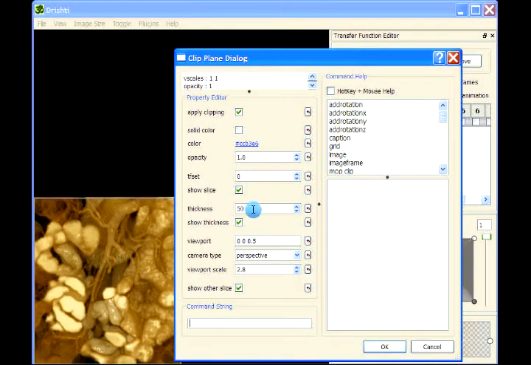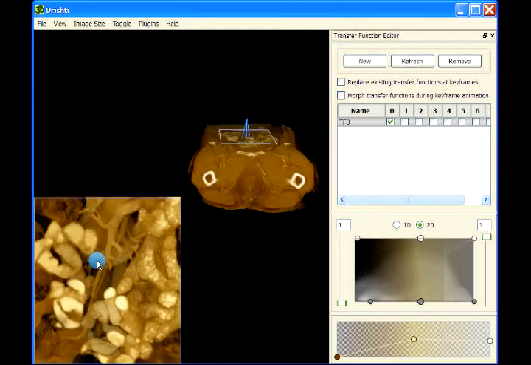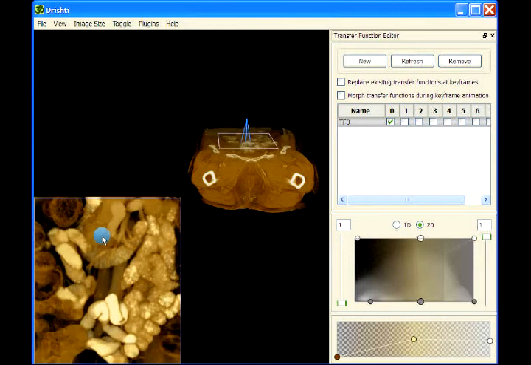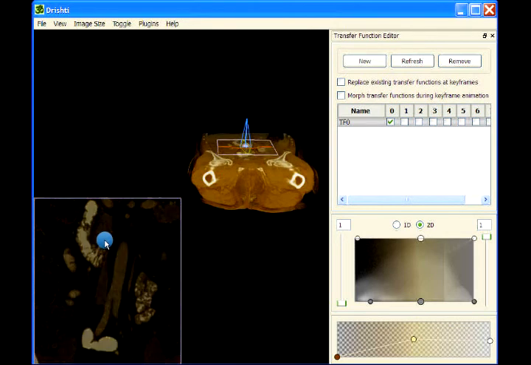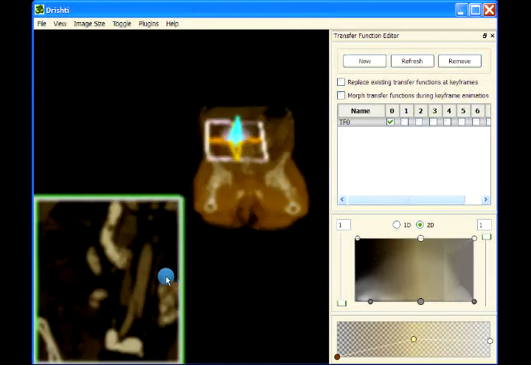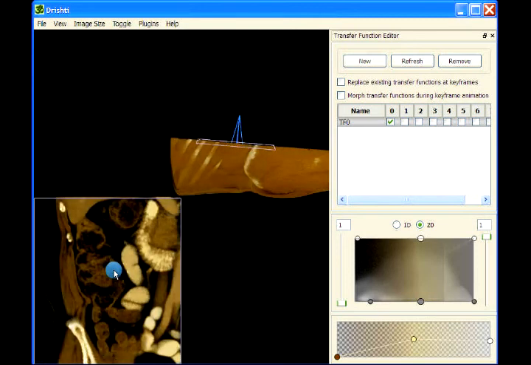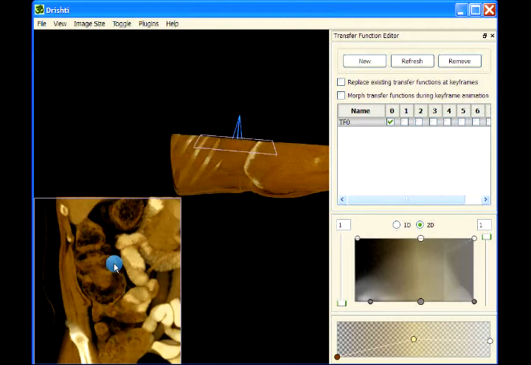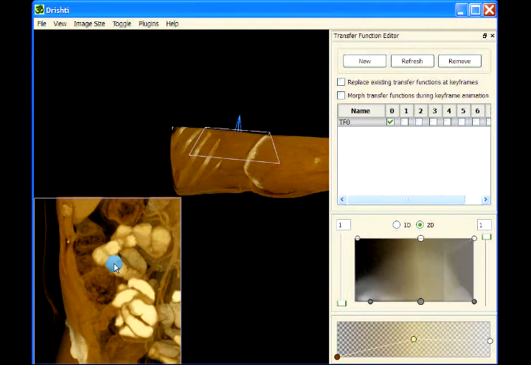You can press spacebar and change the thickness, or you can use shift and mouse wheel. Let me just show you here. Shift and mouse wheel to change the thickness. Let me take that on the side so that you can see the effect of the mouse wheel. So I am changing the thickness of the virtual camera, the minimum and maximum extents of this viewport. So shift and mouse wheel will change this thickness,